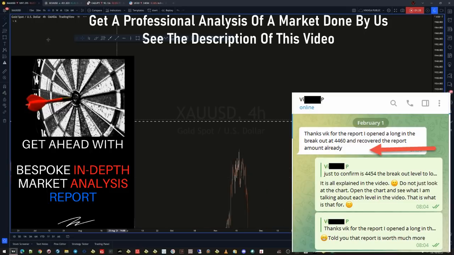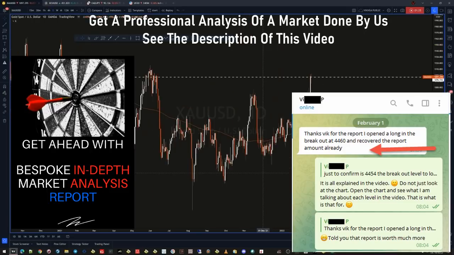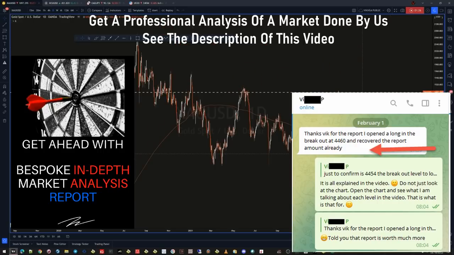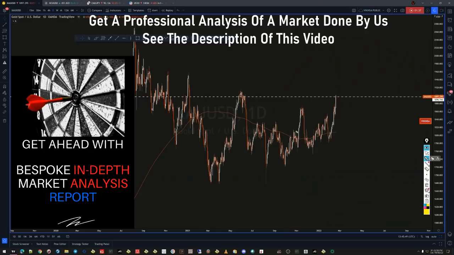However, let's first focus on the patterns and structures which have been formed. Let me show you what patterns are evolving. I covered that in the previous analysis as well, but let me quickly show you on a clean chart how they look. So right now we have this W pattern here, which is an extended one. And when a W pattern completes, the market is expected to fall.